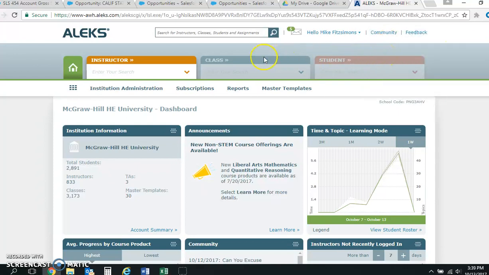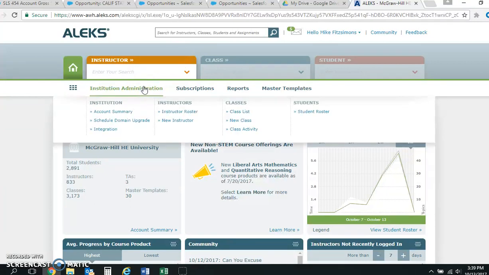And from our homepage here, with the administrator settings, we actually have the capability to create courses and copy courses down to other instructors. So what we're going to do here is build our master course, if you will. We're going to go to Instructors Administration, click on New Class,